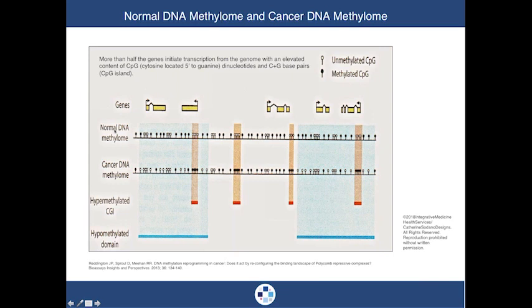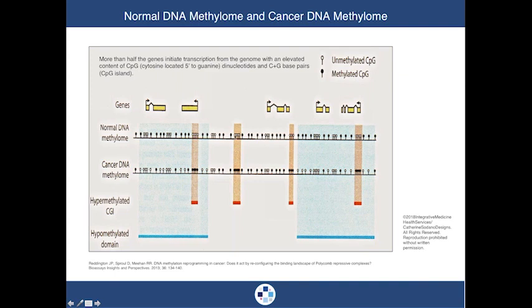Now, under normal situations, this is a normal DNA. It's also known as the methylome. They've created a name for it because they're looking at methylation. I want you to think of methylation as turning genes on or turning genes off. That's it. We're going to keep this basically simple. What is important here is that when something is unmethylated, the genes are turned on. As it turns out, this little group right here, you see it here, and you see it here, and you see it here. These are turned on.